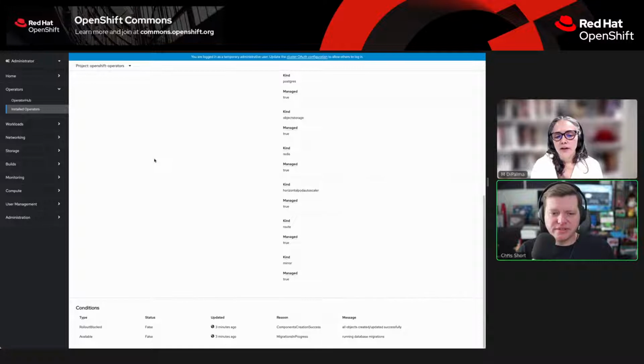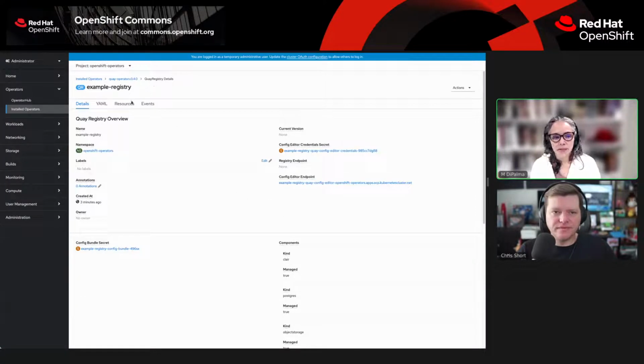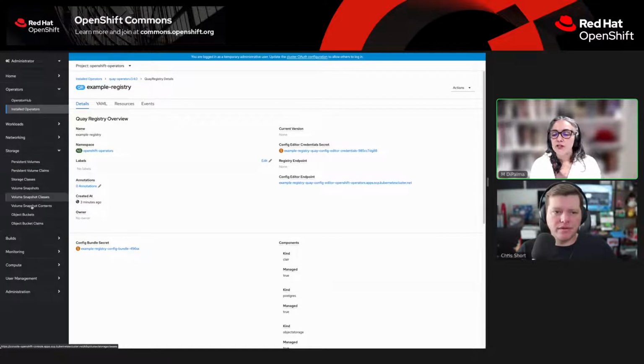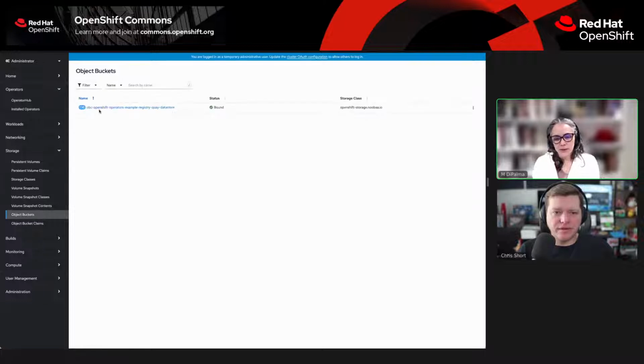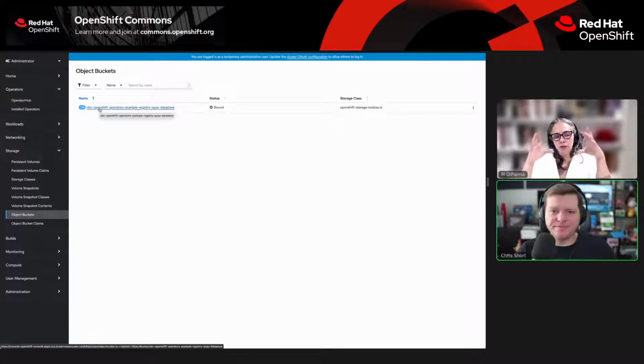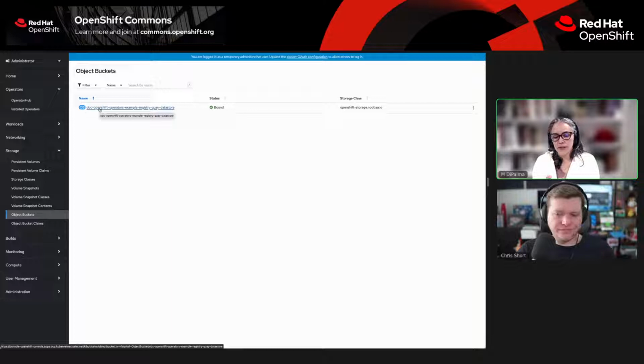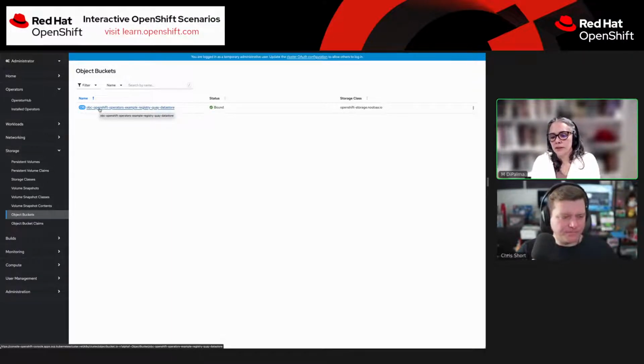One thing I noticed when I did this on AWS was if you go under storage and look at the object bucket claims and object buckets, the bucket got created. So that's what's happening underneath. Here you have Quay, and the registry part of Quay is actually going to use Noobaa. It's going to use object storage, but it's going to do it using OBC, object bucket claims. It's going to create it dynamically. So the nice thing about this is